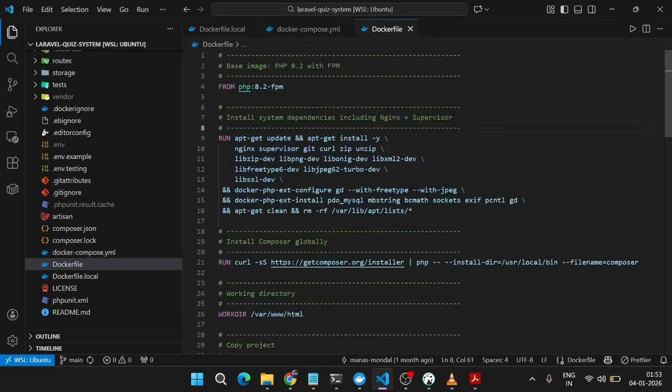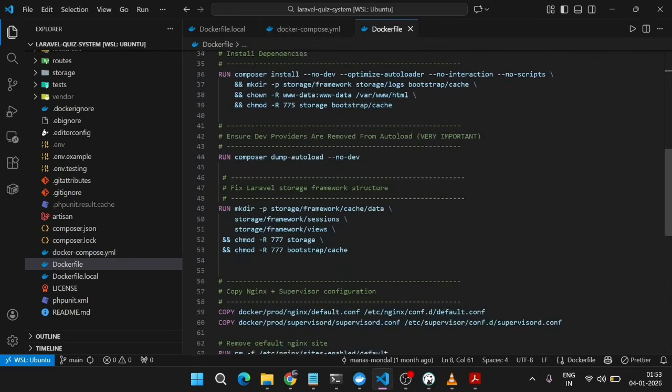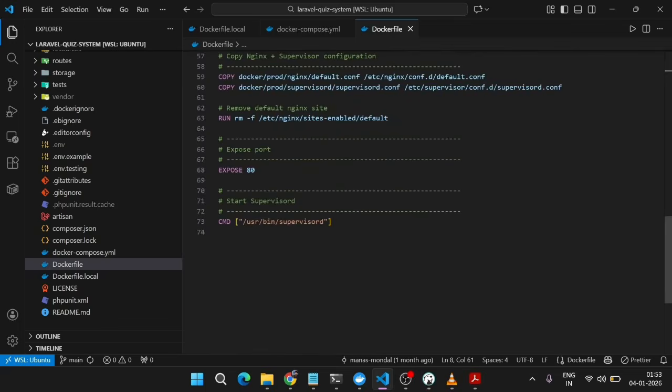Now this is the Dockerfile used for production. For production, I intentionally switched to a single container Docker setup. Because this project is deployed on AWS free tier, I had to carefully optimize for limited CPU, memory, and cost. Running multiple containers or additional services in production would easily exceed free tier limits. So I consolidated the entire application into a single Docker container on AWS Elastic Beanstalk while keeping the database separate